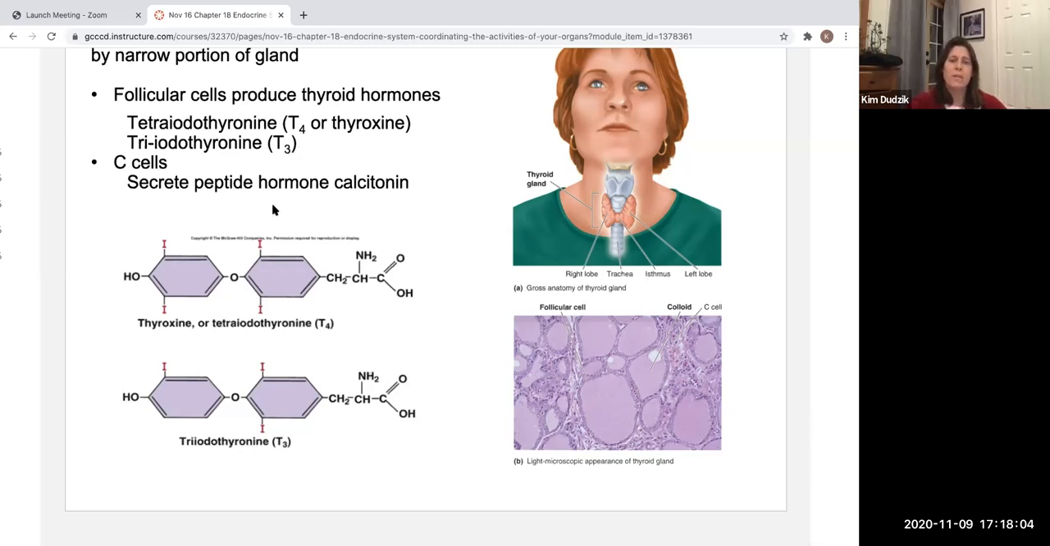Okay. The 3 and the 4 indicate the number of iodine ions that are attached to the molecule. So here you can see the whole molecule here. You need the amino acid tyrosine to make T3 and T4. But also it's very important to have iodine. Without iodine, the gland doesn't work. The hormone won't work. So if 4 iodine are attached to the molecule, we call it T4, and that's the inactive form